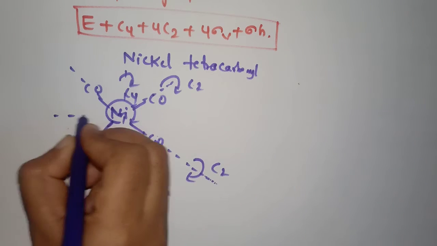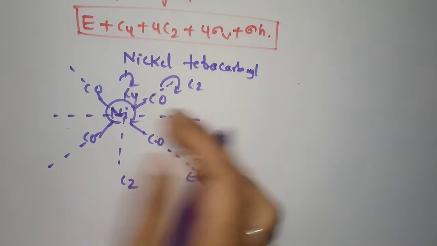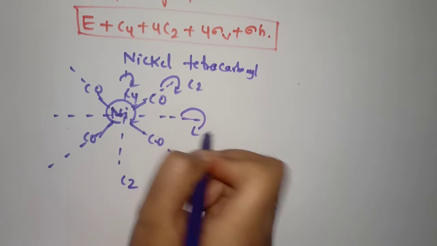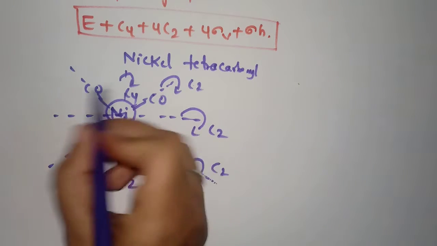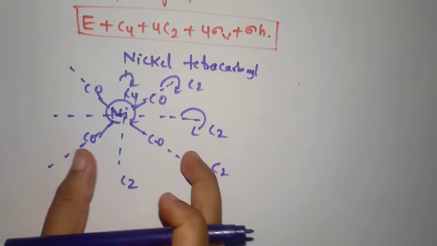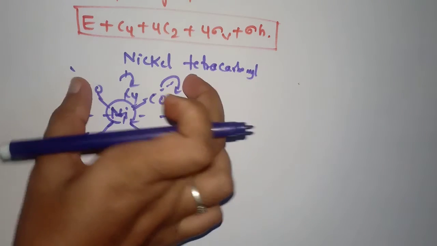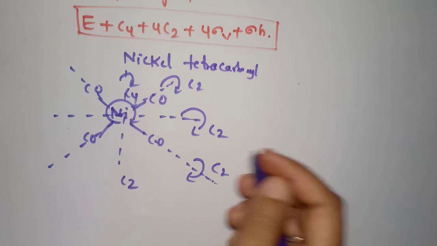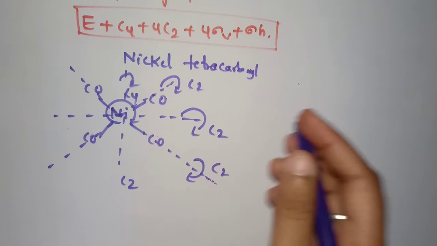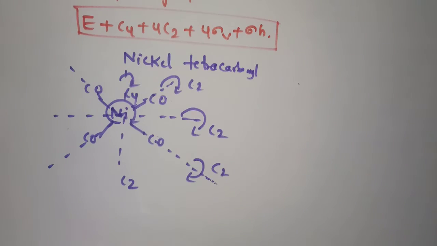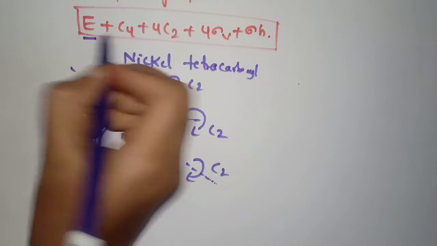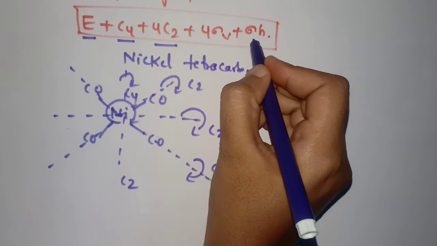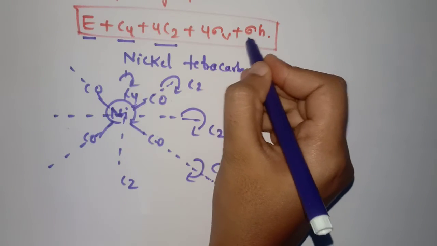And this is another axis. See, this part is the upper part and this part is the lower part. If you rotate it by the C2 operation, these two will come on the down part and these two will go on the upper side. And again by rotating 180 degrees, we will get the original configuration. Now, so far we have found the identity, C4 and 4C2. Our next task is to find the 4 sigma V and sigma H.